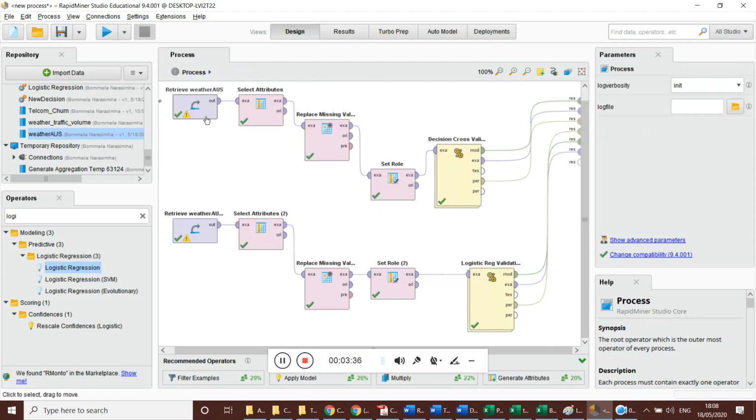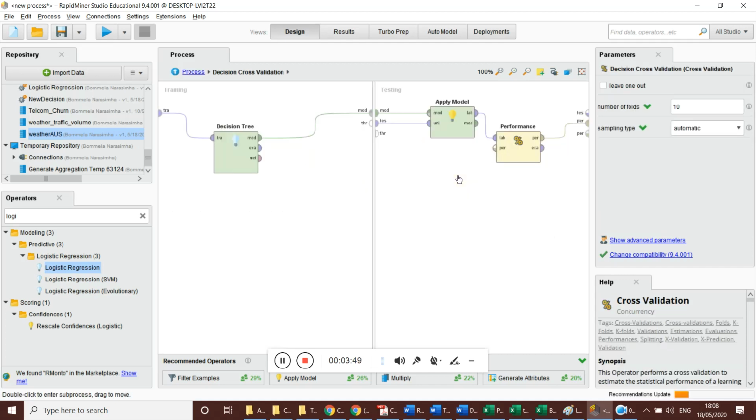We have taken data from the repository, and the select attribute, replace attribute and set role operators were used. Then later we used cross validation, so we call it the cross validation operator. In that cross validation operator we used the decision tree model, and we applied it to test how accurate it is. And for that, cross validation will have a certain number of folds at which level it is testing. So if you are confused about the number of folds it is using to test, ignore it, don't write about it. But if you can do some basic research and write about it, it is fine.